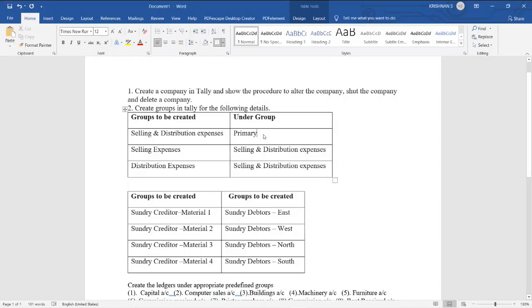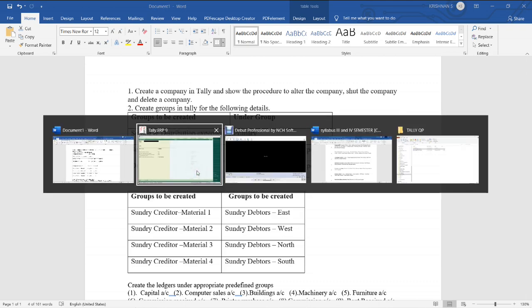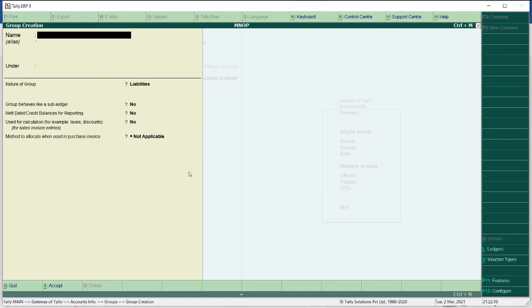Then I have to create subgroups. Subgroup means we already have selling and distribution expenses. Under this selling and distribution expenses, we are going to create selling expenses and distribution expenses. So for that, in the groups creation, give selling expenses.